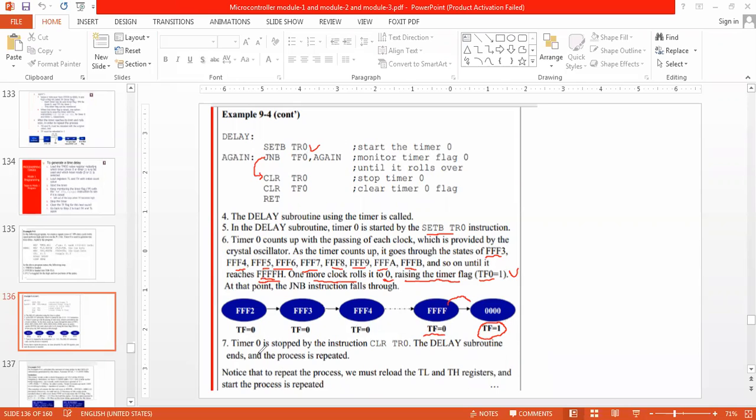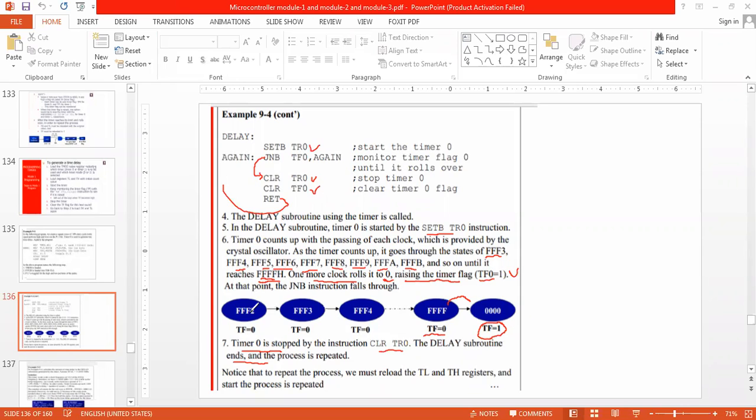Okay. So then what we can do? Timer 0 is stopped here. Clear timer 0, and the subroutine is going to end. And also we are going to clear the TF also, and then we are going back to the main program by using return.